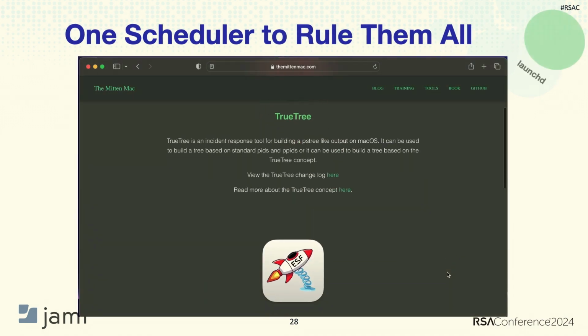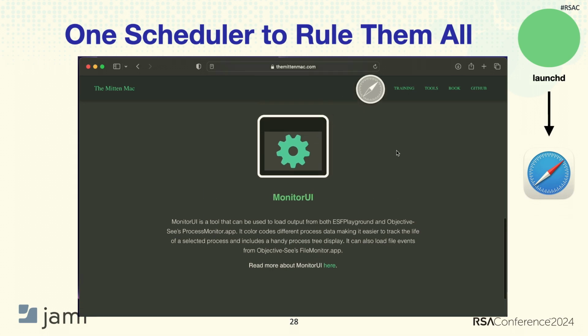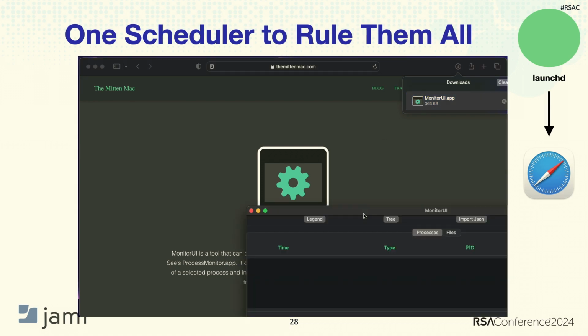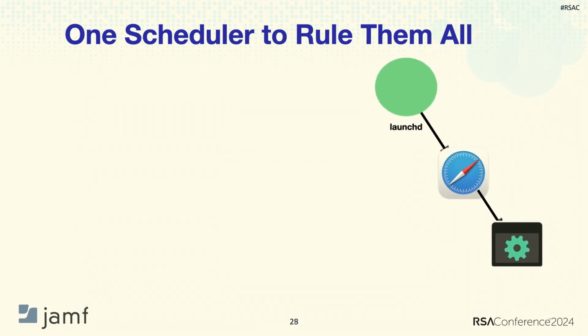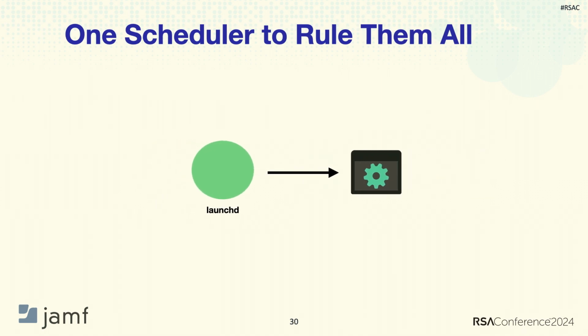Let's peek at one last example here just to drive the point home. Let's say that a user has opened Safari and is browsing the internet, and they download an application. They then launch that application from the Safari Downloads tab, and it opens. Of course, this is what you would think the process tree would look like. This is what we would hope for. But once again, this is what we would get. Another message was sent from Safari to LaunchD, and LaunchD opened that application.